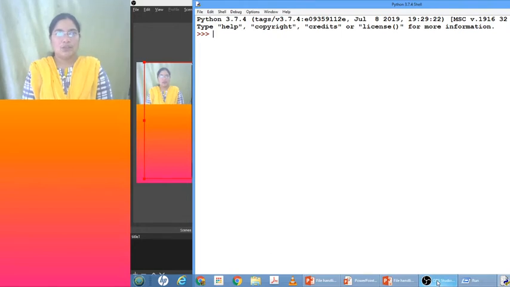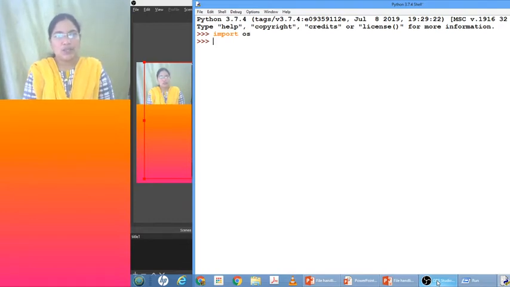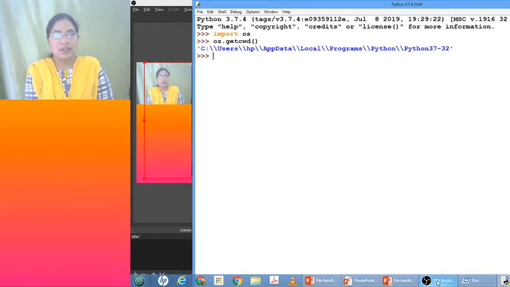Okay, let me show you how to work with these commands. First of all, which module is this? OS module, right? So we have to import that module using import os. Now you can make use of the functions available in this module. So what are the methods? If you want to see the current working directory, which method should we use? getcwd. It will display the entire path of the current working directory, the folder where you are doing all this.